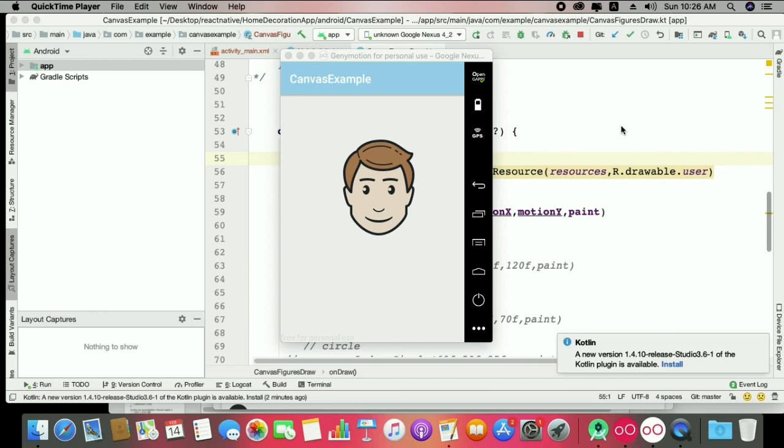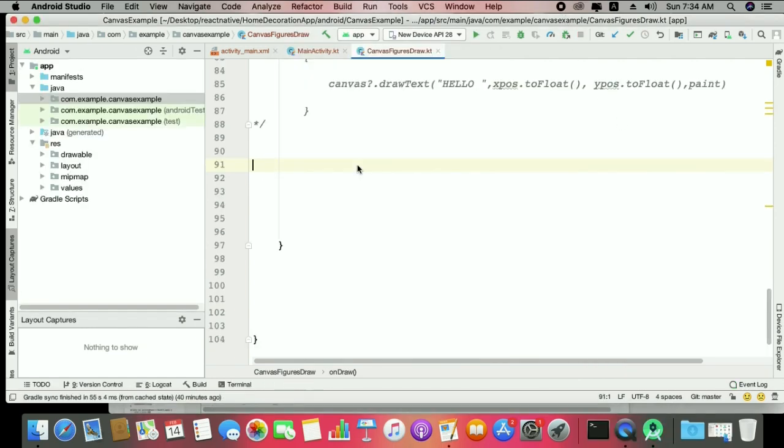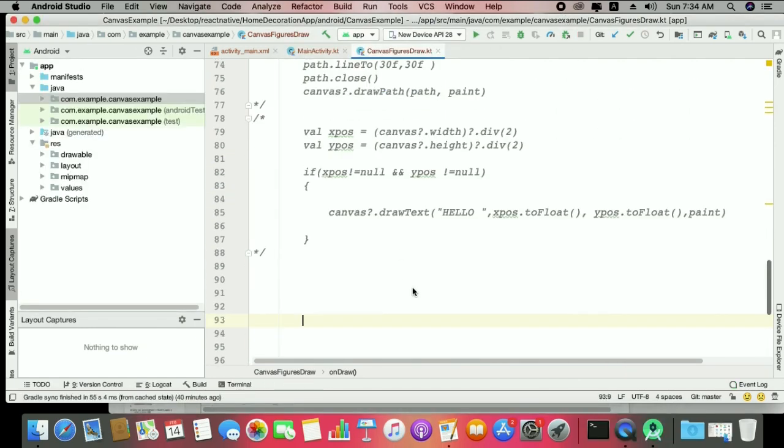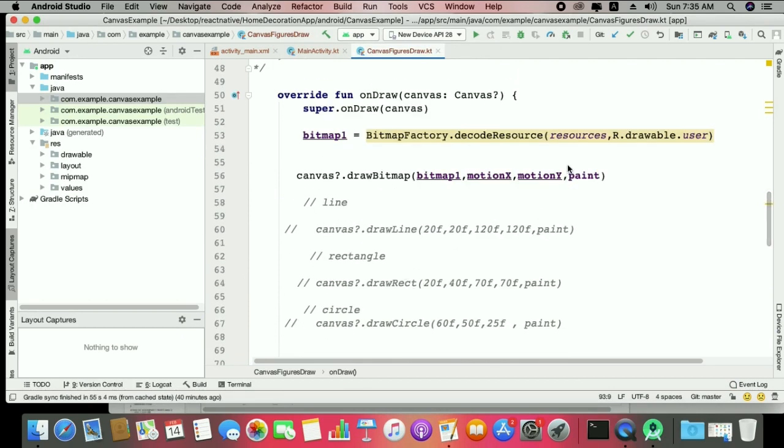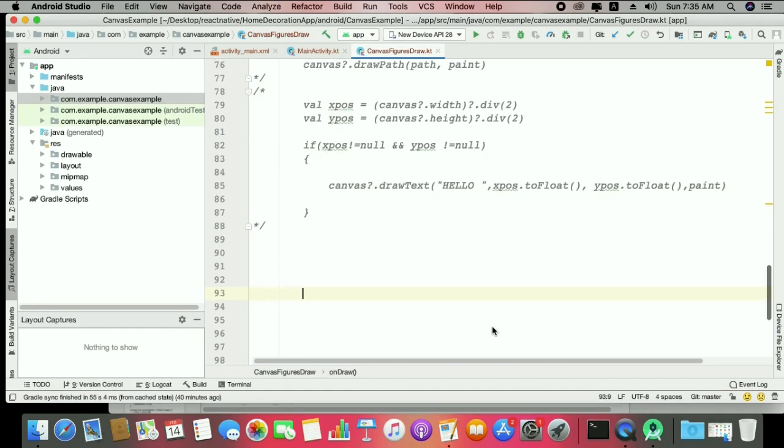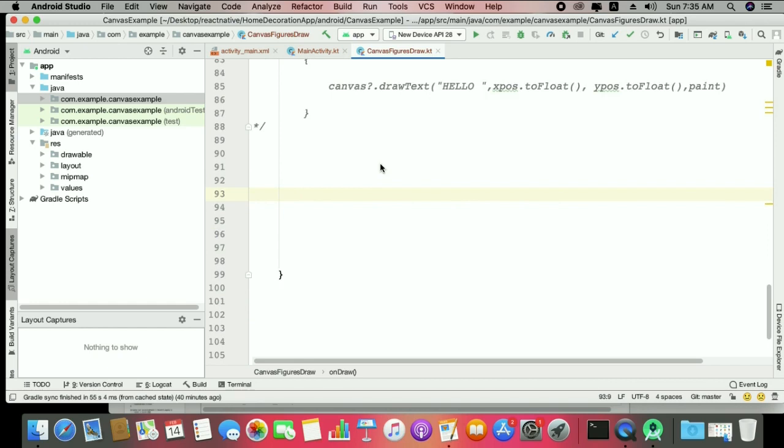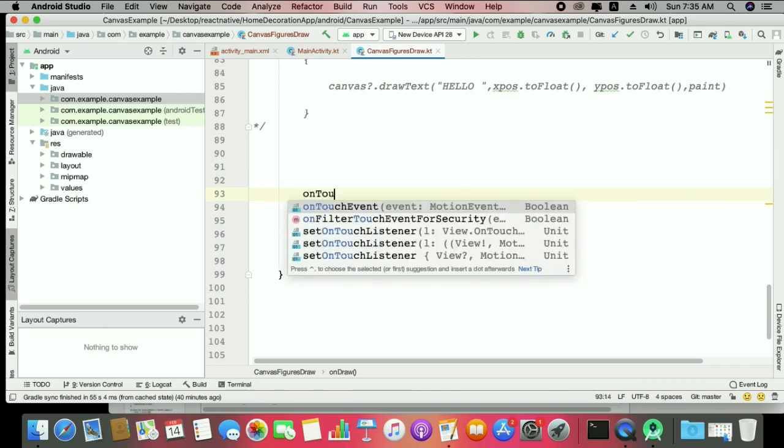But today let's see how we can do the movements with that. That means on the touch event, how we can move this bitmap. Once you draw your bitmap, how can we move it with dragging, that means on the touch event. So if you go for onTouchEvent,